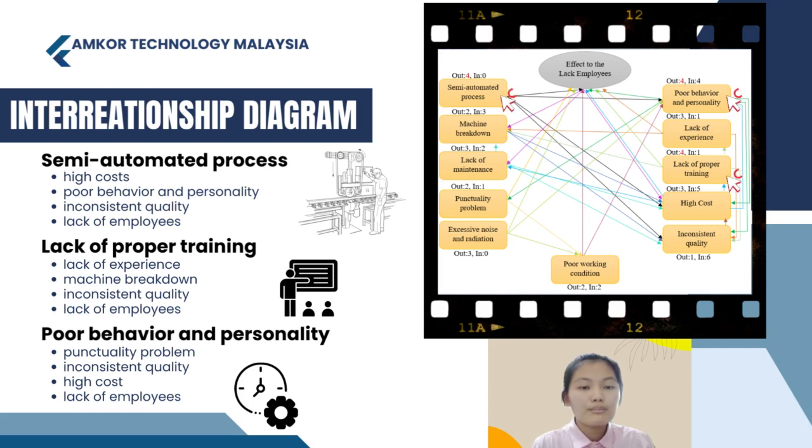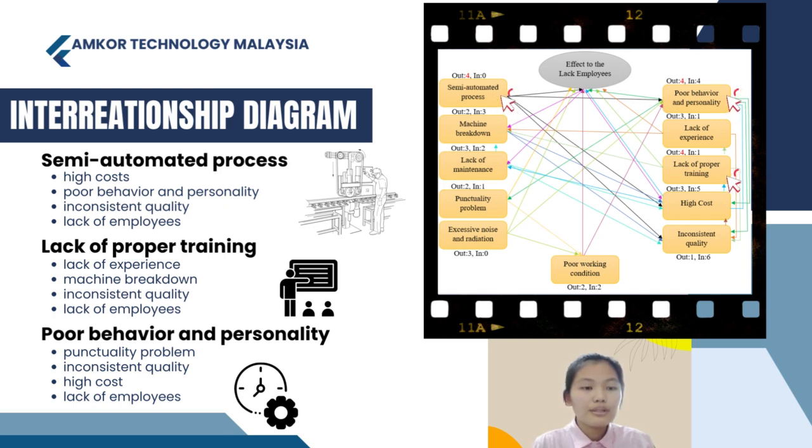First, the semi-automated process used by Amkor Technology Malaysia Sdn Berhad requires high-cost semi-automated machines and employees to operate and use the machines. Employees may show poor behavior and personality, resulting in inconsistent product quality and employee shortage. In addition, Amkor Technology Malaysia Sdn Berhad requires a large number of skilled employees to operate modern machines. Due to the lack of proper training, the employees were not experienced in operating the machine,